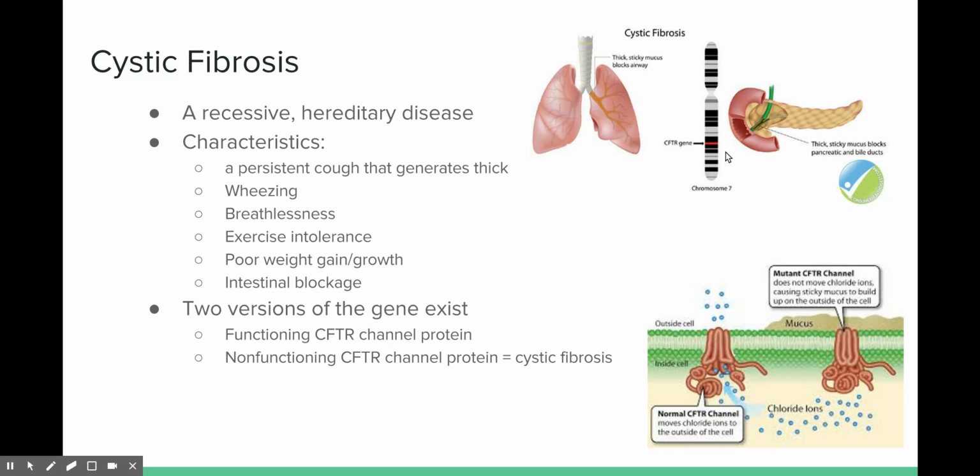Okay, let's get back to the disease. So characteristics of the disease are people tend to have a persistent cough that generates thick mucus. They have wheezing, breathlessness. They have a hard time exercising. They typically don't gain weight very well, and they have problems with their digestive system that can lead to intestinal blockage and lots of other kinds of problems too. The reason being is that this recipe in the DNA codes for the formation of a certain kind of channel